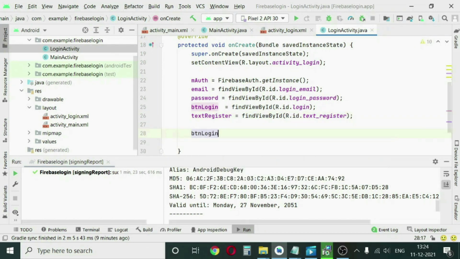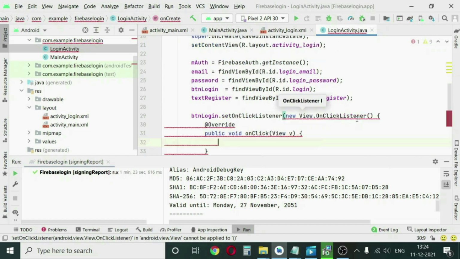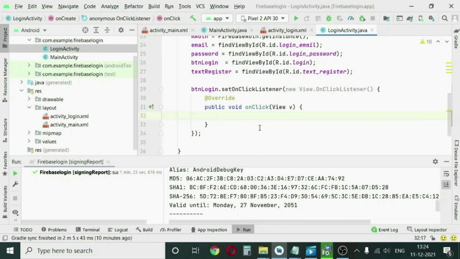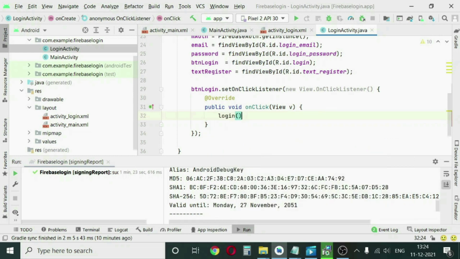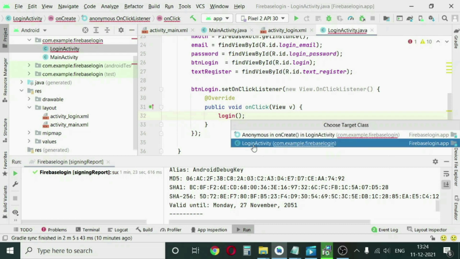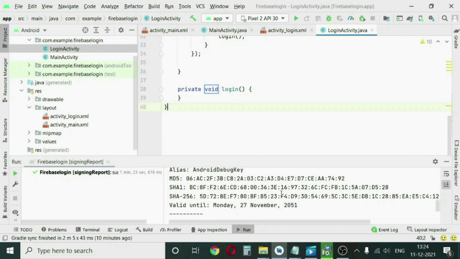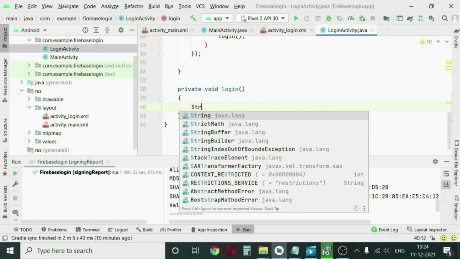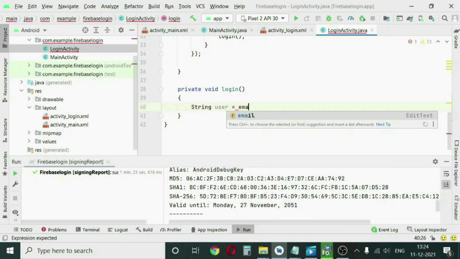Now let us create buttonLogin dot setOnClickListener, new View.OnClickListener. Here we are calling a function login, and let us create the function in the login activity outside the onCreate. Now inside the login, we will create a string first, String user equal to, and it will take the data from the email edit text box.